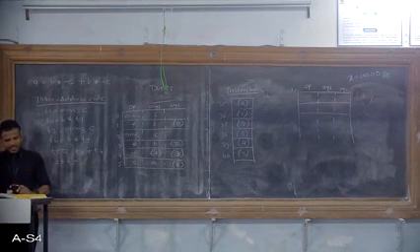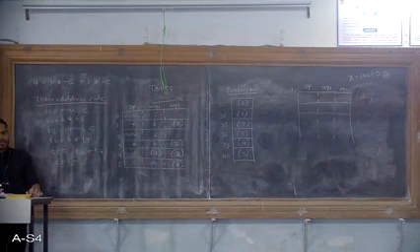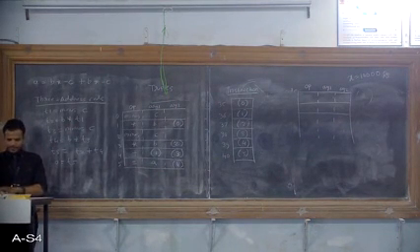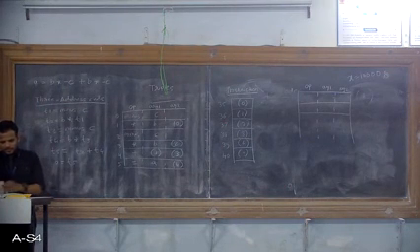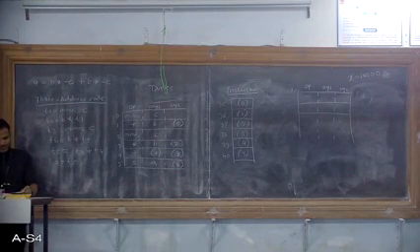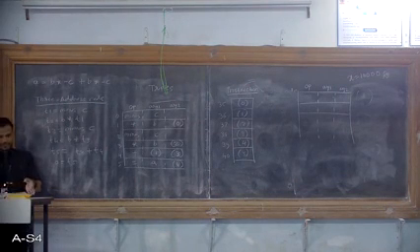Indirect triples, triples and quadruples will be handled by the compiler automatically whenever the intermediate code has to be generated. There is one topic left for your syllabus, and that topic is translation of expressions. So we'll try to cover it in the next class. Okay, fine, I'll stop here.